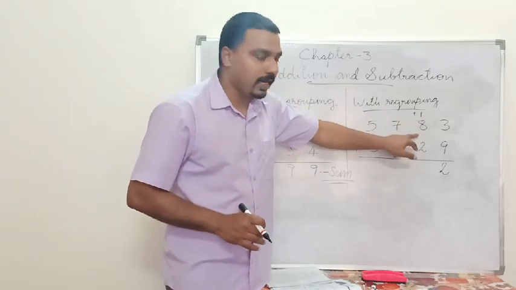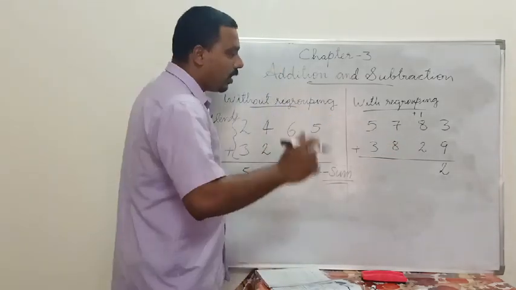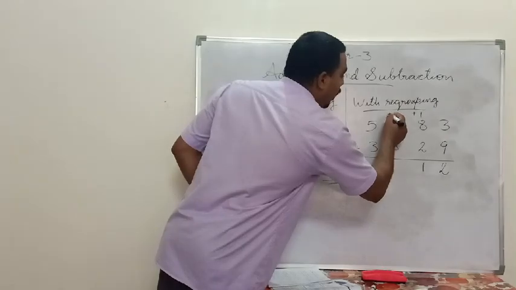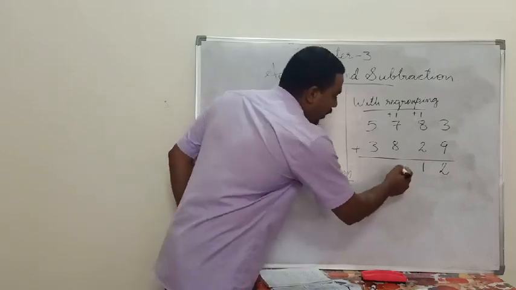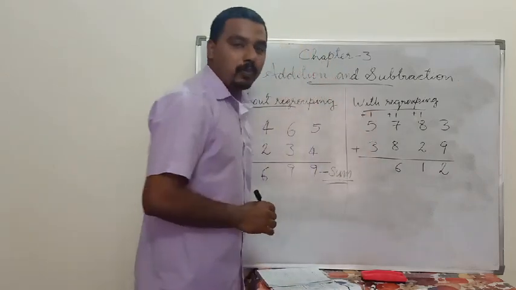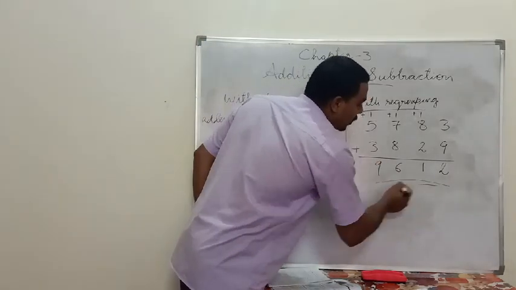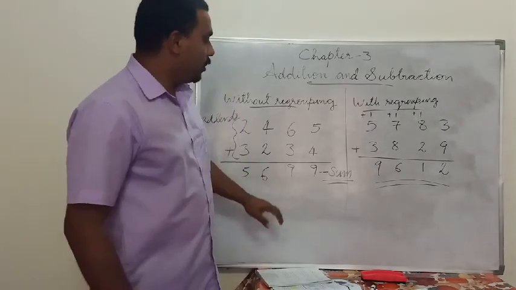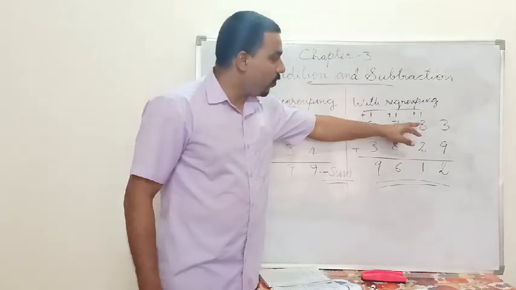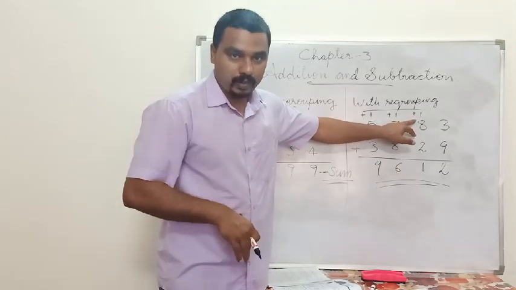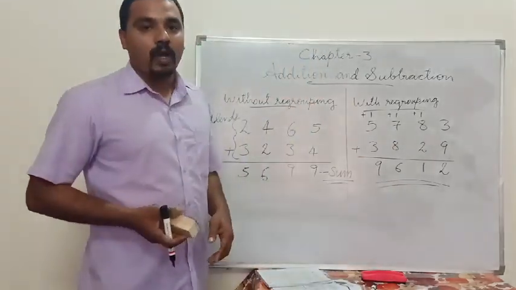So next we have to add the tens place. So 1 plus 8 is equal to 9 plus 2 is equal to how much? 11. Then regroup 1. Now 8 plus 8 is equal to 16 plus 1, regroup the 1, then 6 plus 3 is equal to 9. So in this way the sum is 9612. In this way we have to add the numbers with the regrouping. Don't forget to write the numbers which we need to regroup. Okay, moving on, now we will discuss some problem solvings related to addition.